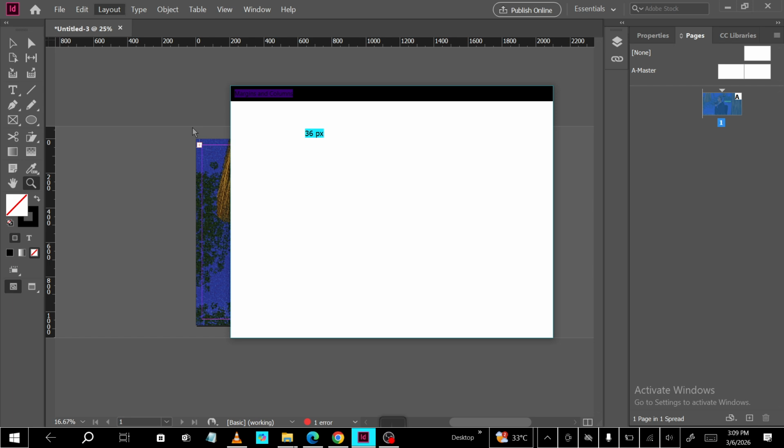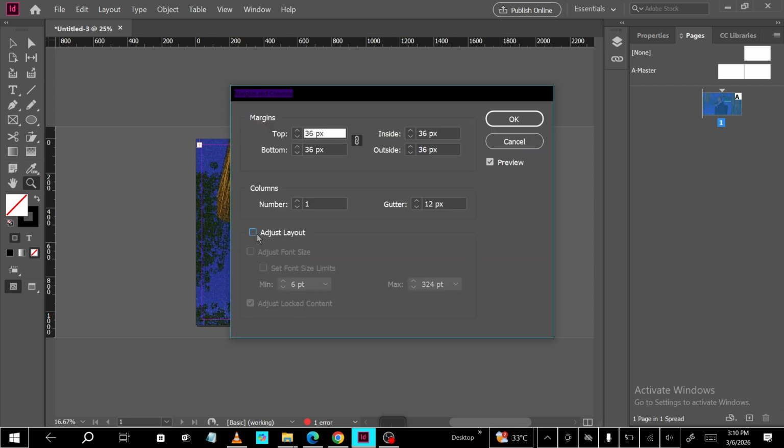When the layout dialog box appears, look for the section that lets you pick a new size. Here you'll see a list of presets like letter, A4, and other standard formats. If one of these matches what you need, simply select it. This is the fastest and most reliable way to